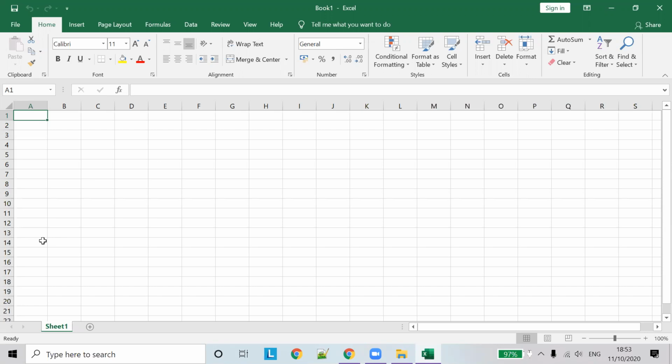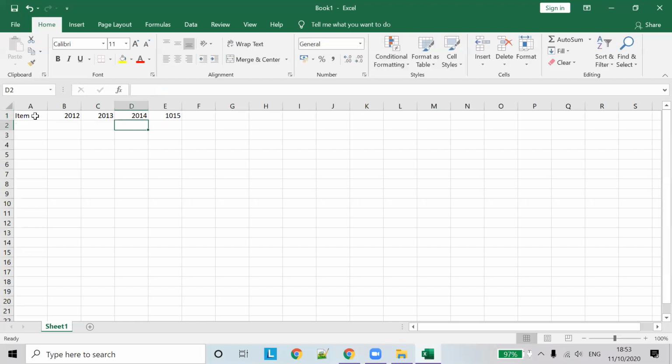Let's create a data table first. We'll say item. We'll create a chart on how many items have been sold each year: 2012, 2013, 2014, and 2015.